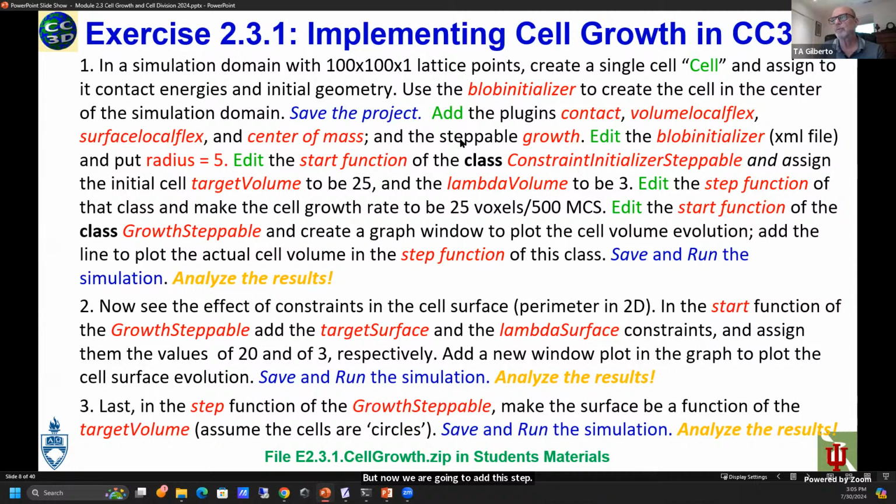How do you do that? And I will show you later. Continue, we edit the blob initializer to say that the cells will have a radius of 5 voxels or pixels. We will edit the start function, and that's where we have to make a little